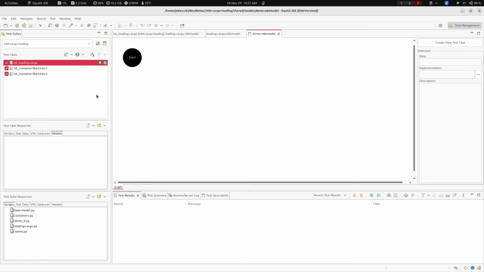So what we have here, on this side, are different test cases, which we will talk about later. And down here we have the models. And in this area, we have the graph area where we can start drawing. We can create and add steps and connect them.